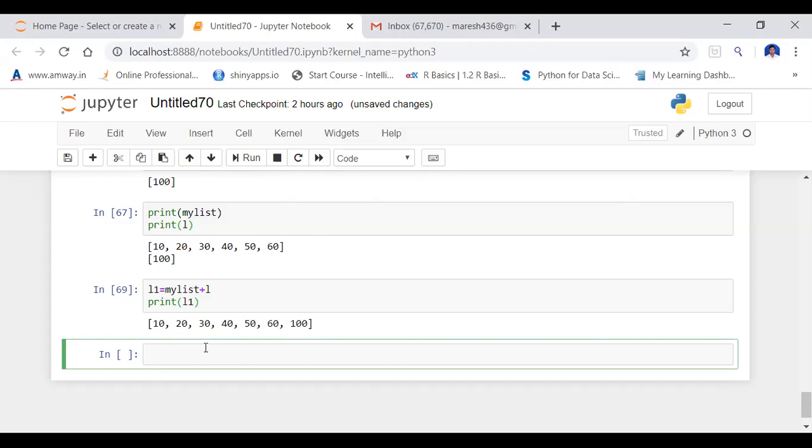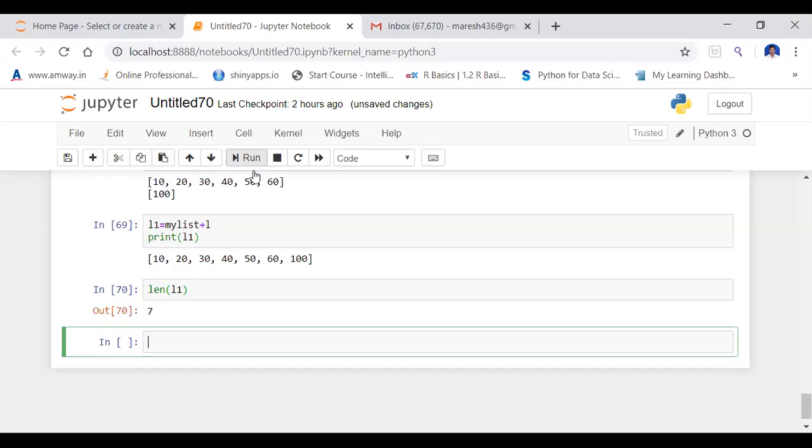Accessing is over, concatenation is over, and removing is also over. Suppose you want to find the length, then use the len function, len of L1. It will produce the length of my list. So a total of 7 elements are there.